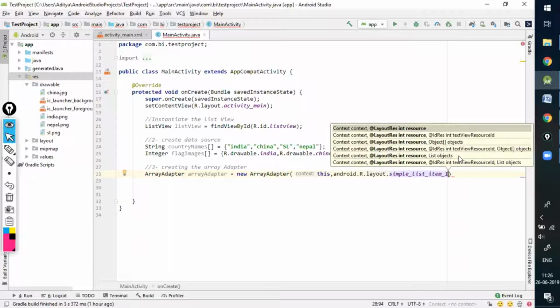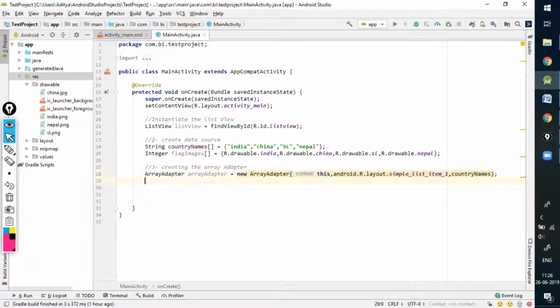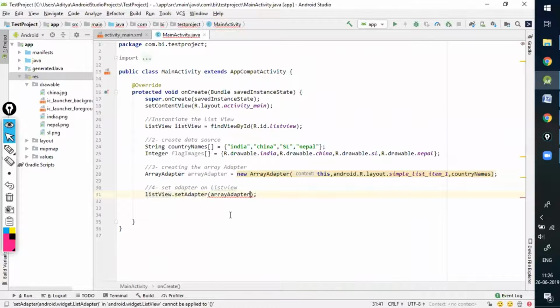After that, the third argument is country names. That's it. And the last step, the fourth step was set adapter on list view. So my adapter is ready. Now I just have to connect the adapter with my phone. So what I'll do, I'll just use listView.setAdapter and I'll pass the array adapter to it.